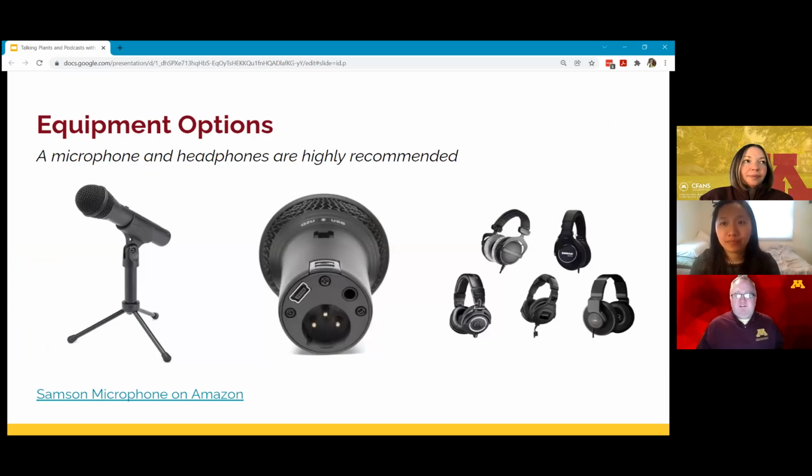So we're going to start off with equipment, and this is where I get a lot of questions about things. You don't necessarily need to have a high-end microphone to create a podcast. Again, we could be creating a podcast directly out of this Zoom presentation. There is decent audio. However, for not a lot of investment, this microphone here is $70 or $69, so